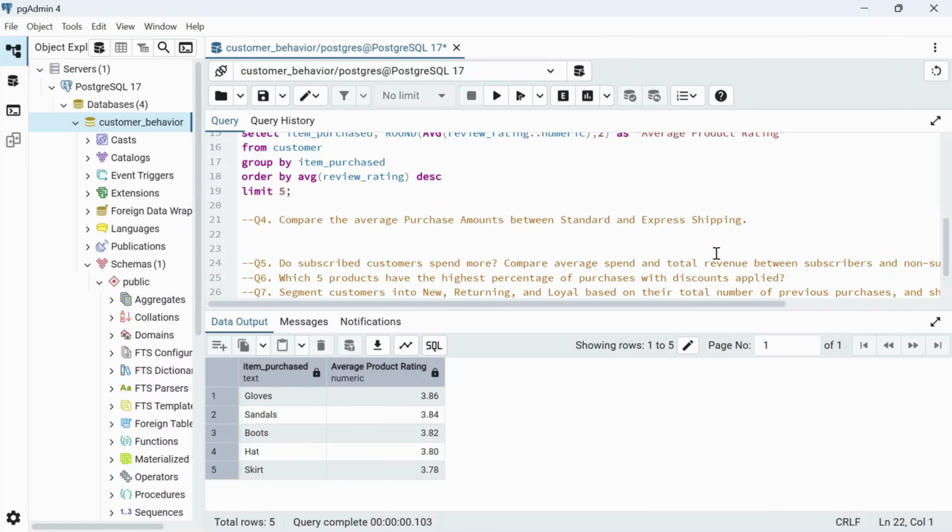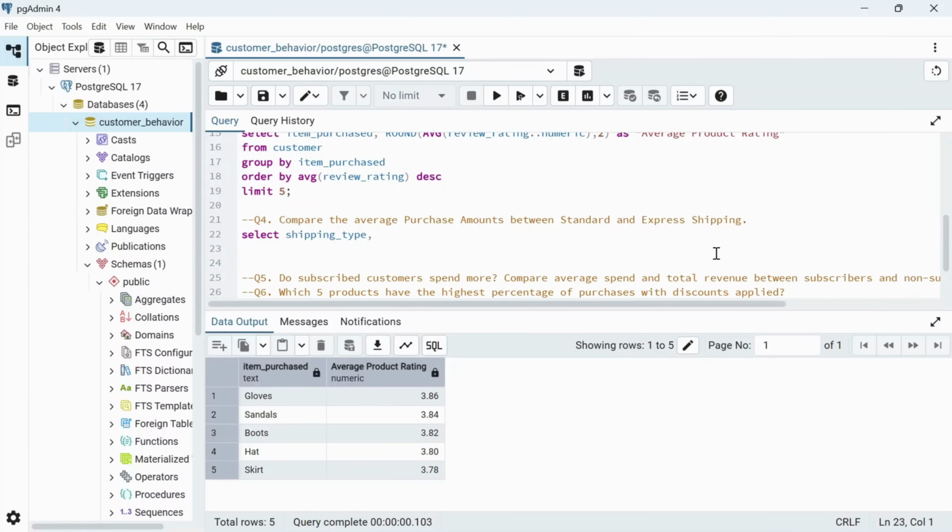So we have to compare the average purchase amount between standard and express shipping. If we find out that express shipping customers spend more, then that's a clear sign the business should invest more in faster delivery options. Let's start writing the query. Select shipping type. We will do average